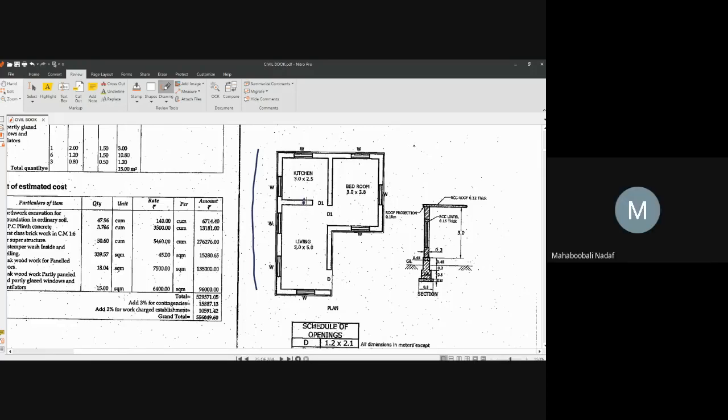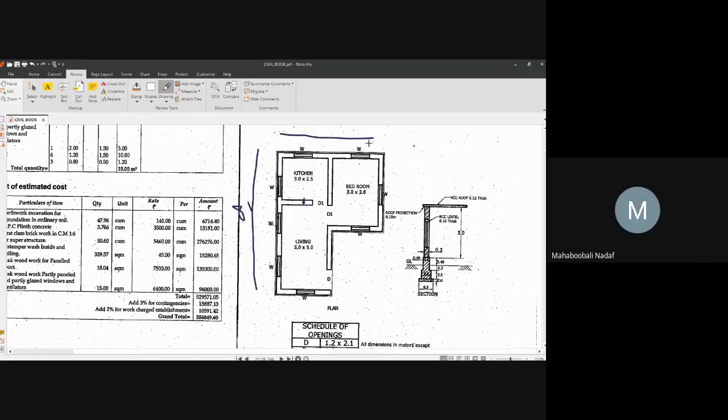See here, all walls are 30 only. There are no 21. 8.1, sir, because it is mentioned in the cross section. They have given only one cross section, 30 centimeter wall. Everyone understand this problem. All walls are 30 centimeter walls. There is nothing like internal wall or external wall. So 0.3 by 2 plus 5 plus 0.3 plus 2.5 plus 0.3 by 2. How much total? 8.1. Now come to this side.